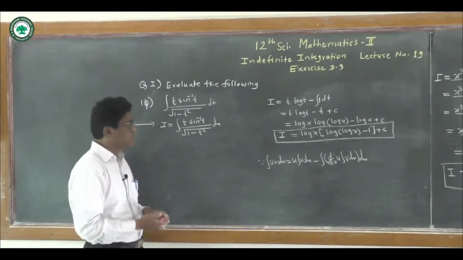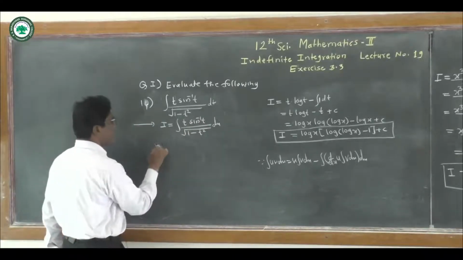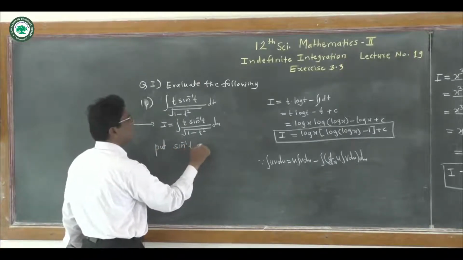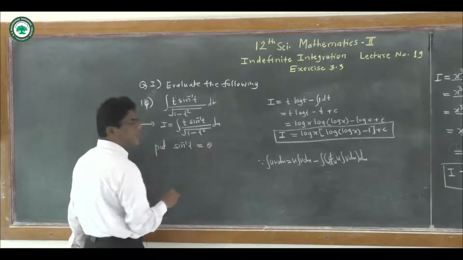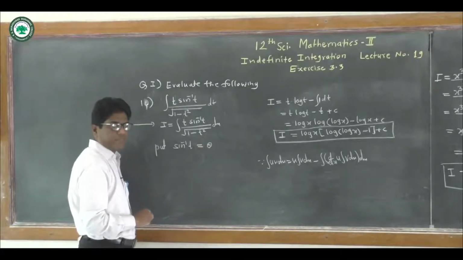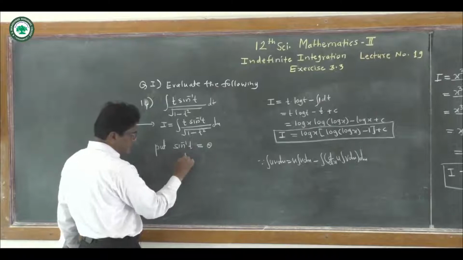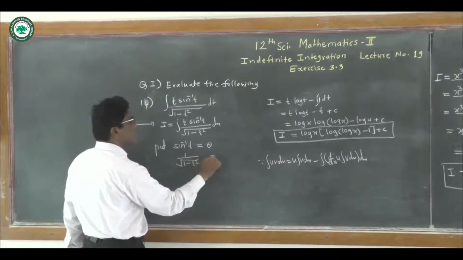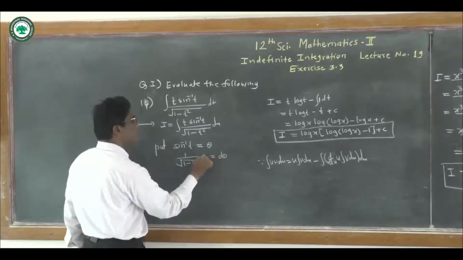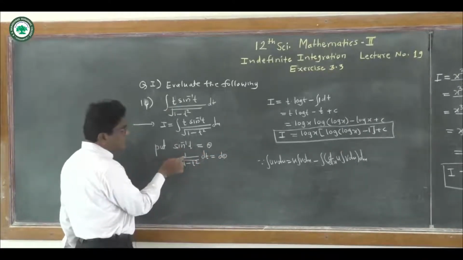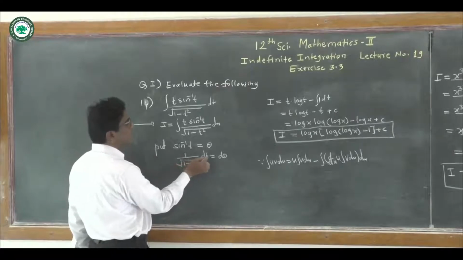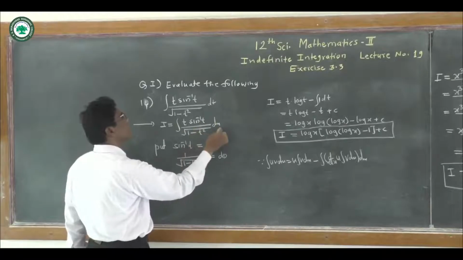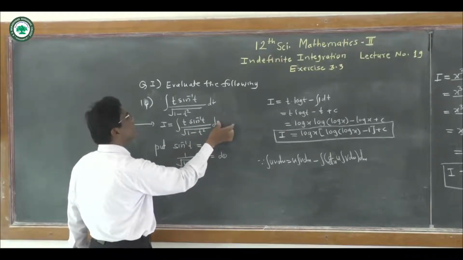Use here substitution method. So put here sine inverse t is equal to theta and differentiate with respect to t. Derivative of sine inverse t is 1 upon under root of 1 minus t square is equal to right hand side is d theta upon dt, carry that dt. So we get here 1 upon under root of 1 minus t square dt is equal to d theta. Here 1 upon root of 1 minus t square dt.